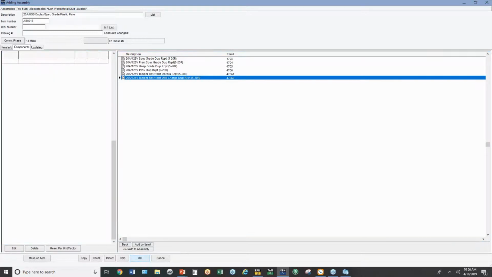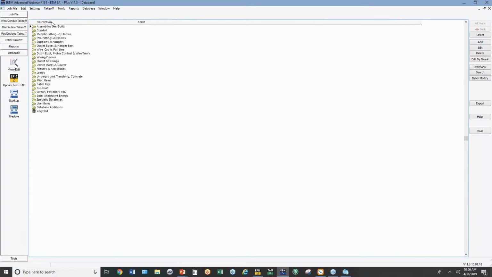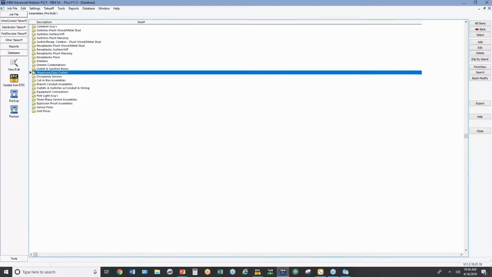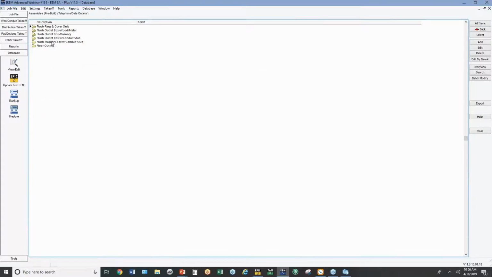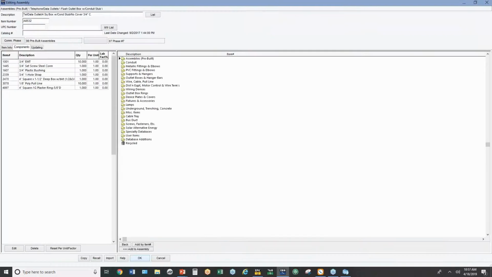I've got one more little thing I want to show you with assemblies before we go to the last topic today. There are some telephone data outlets with 3/4 inch conduit under telephone and data. Flush outlet box of the conduit stub. So I'm going to double click on the first one, and I'm going to make a copy of this to build one with 1 inch conduit. You can do it with 1 1/4, any sizes you want. So after we hit copy and hit OK,